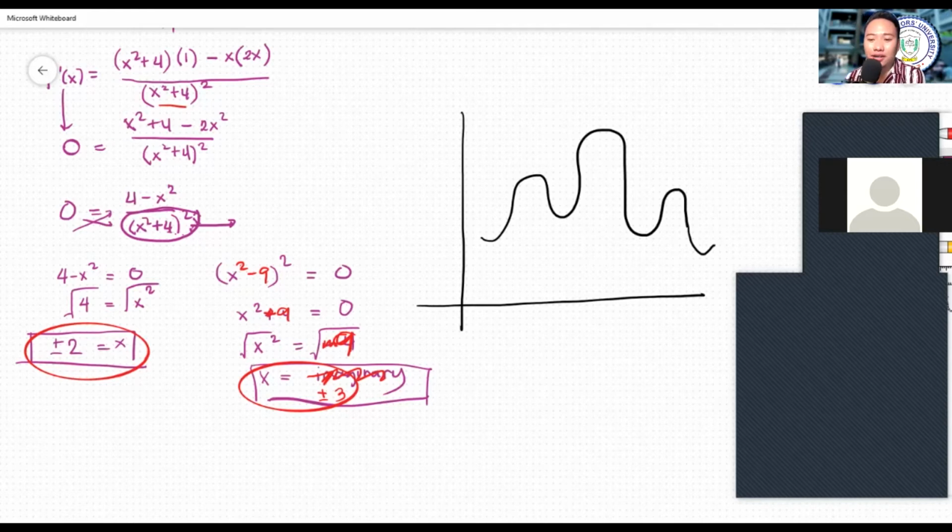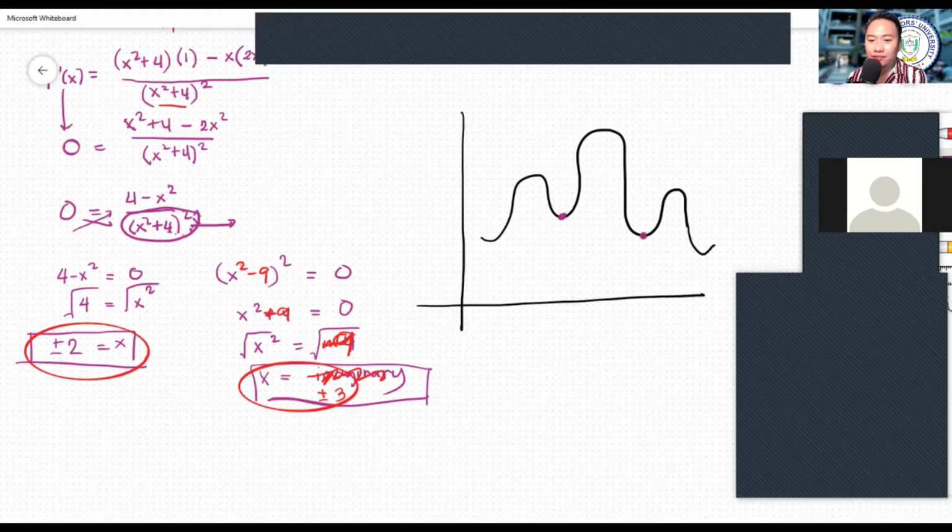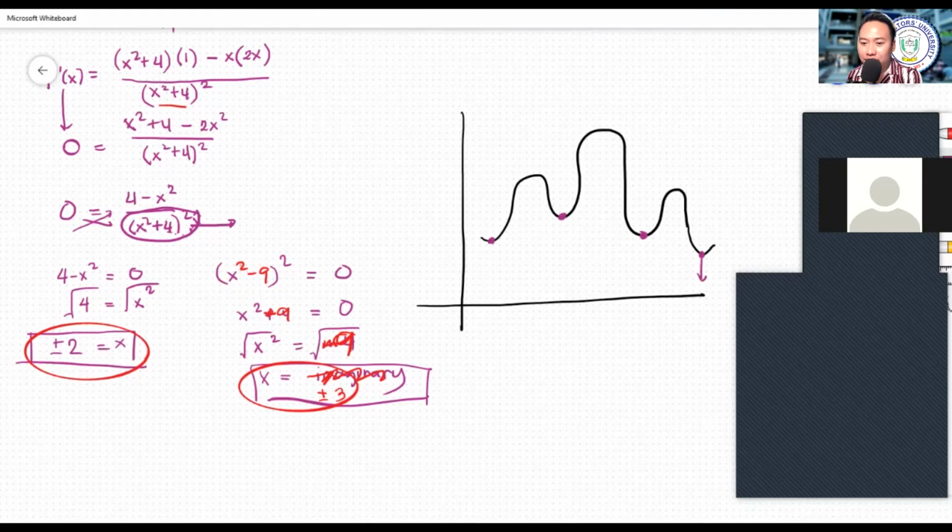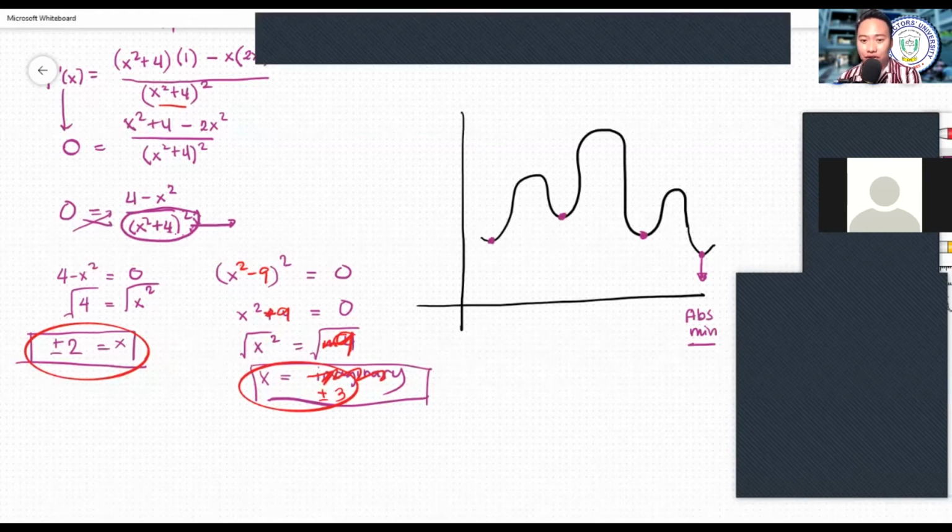So here is a scenario. This point here, these numbers, guys, this point here is what we call the minimum. These are the minimum points. But this specific point here is what we call the absolute minimum, because that's the lowest minimum of the function. These three is what we call the